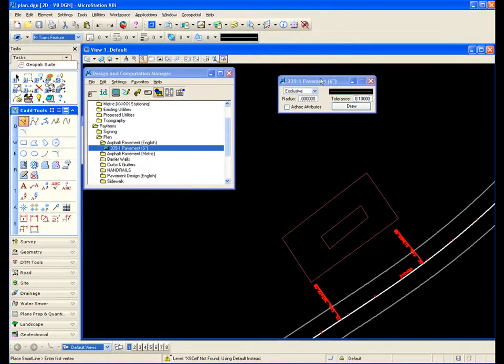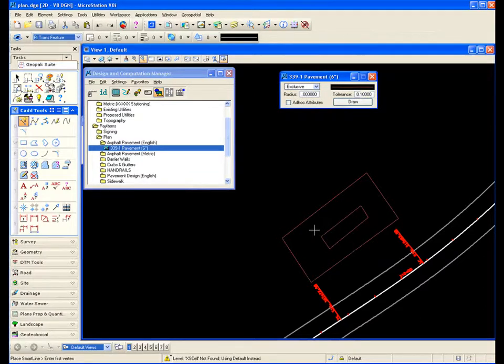And the reason I'm using exclusive is because I want to show you that if this is a situation where we have pavement, but in the middle we have a grassy area, and the only thing I want it to get is just the outside pavement and exclude this inside area. So to do that, I'm going to hit draw, and this has a radius of 5 feet with 5 units, so that's fine. I'm going to hit draw,